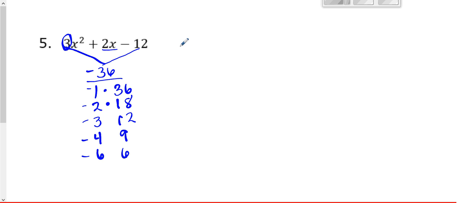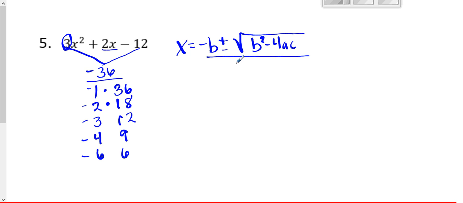So my quadratic formula is x equals negative b plus or minus square root b squared minus 4ac all over 2a. And I hope that we've learned that it's best to go ahead and do what's inside my square root symbol first. That's really important. So we're going to go ahead and take care of what's inside my square root symbol first. So b squared, 2 squared, minus 4